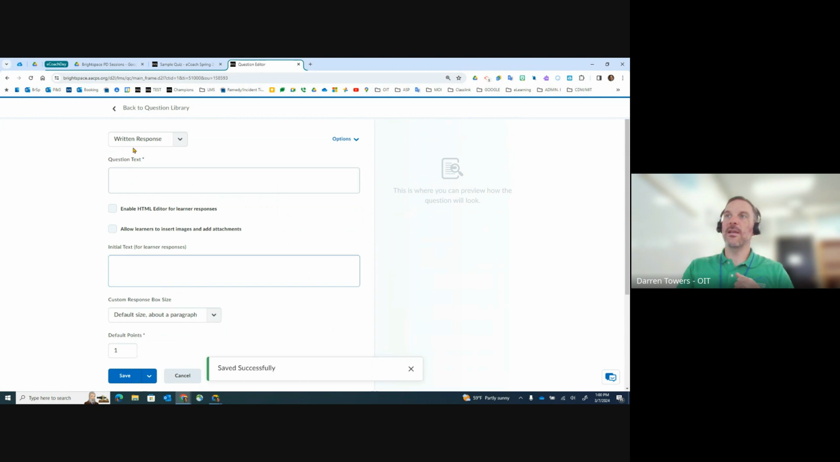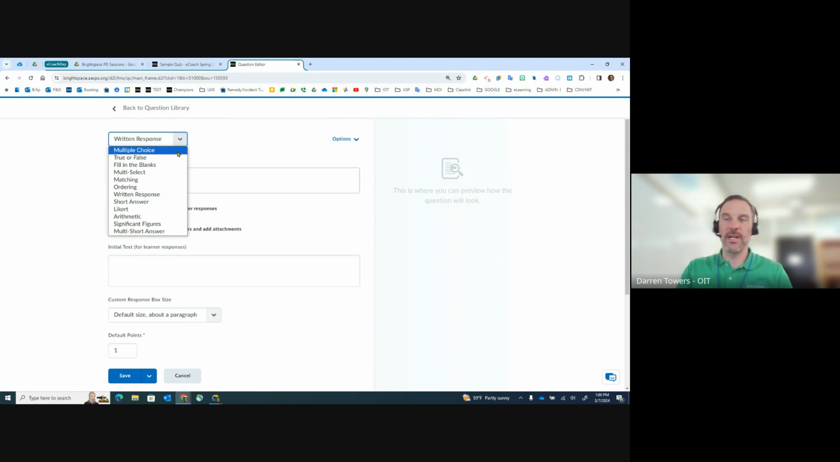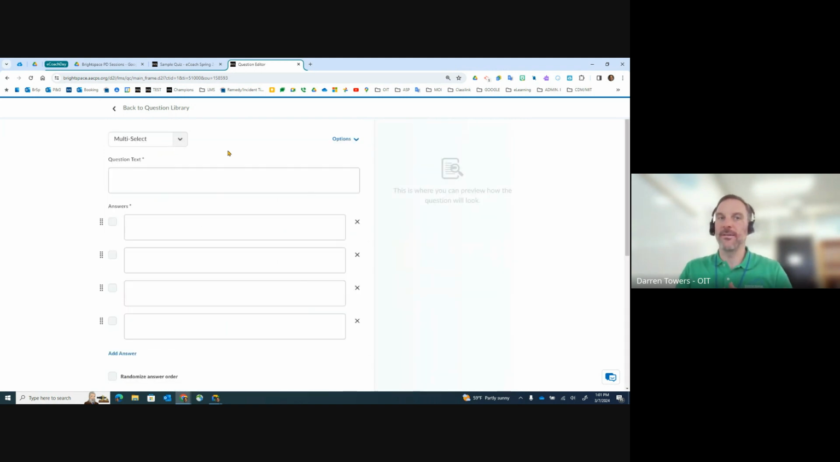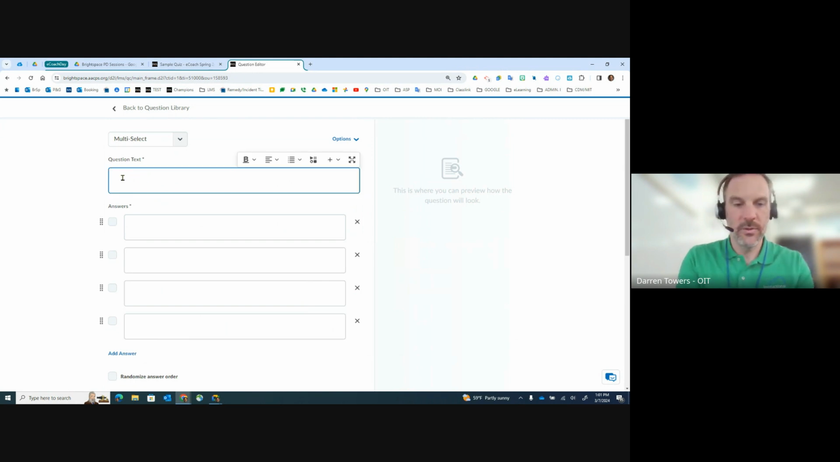So as you can see, this first drop down at the top is not grayed out for me. So that means I can choose the type of question that I'm going to be creating. This one, let's do a multi-select. We see a lot of multi-select when we're doing those standardized test items. Here we're going to get into how the equation editor